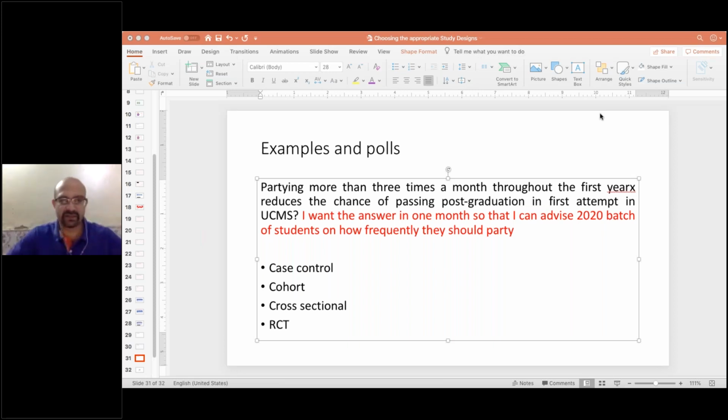I'm not able to understand the question. Give me an example. Say anything that comes to your mind. For example, in smoking and lung cancer, if I'm trying to remove the confounding factor of age,